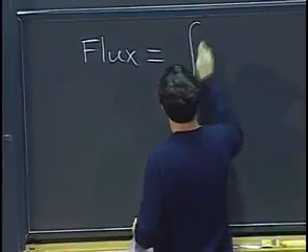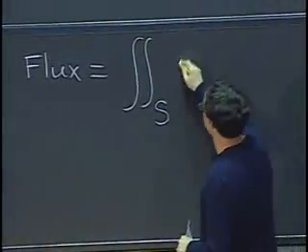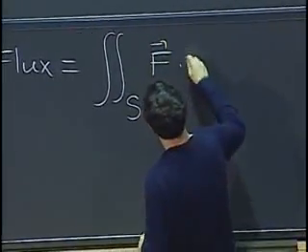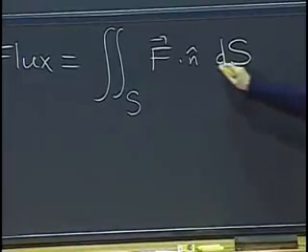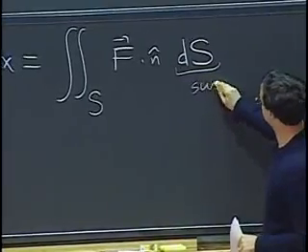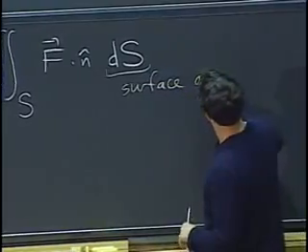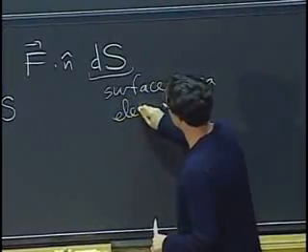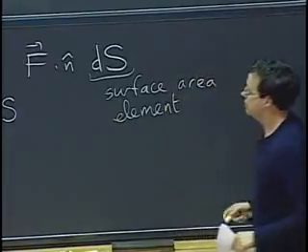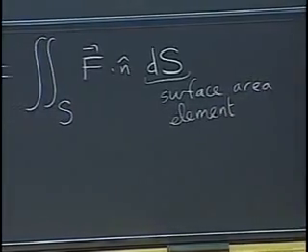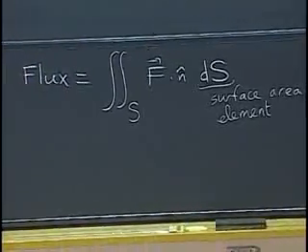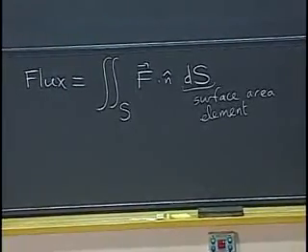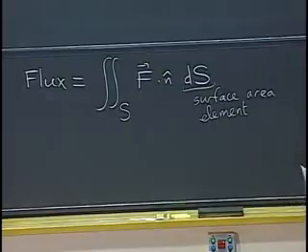It will just be the double integral over the surface of f dot n dS. So now I'm using a big dS that stands for the surface area element on this surface. I'm using dS rather than dA because I still want to think of dA as maybe the area in one of the coordinate planes, like the one we had in double integrals. You'll see later where this comes in. But conceptually, it's very similar.